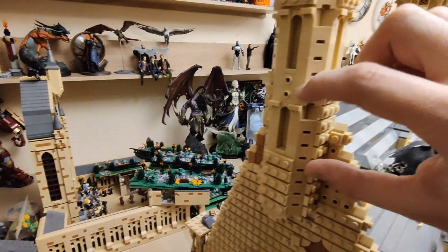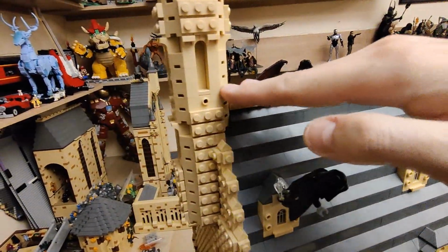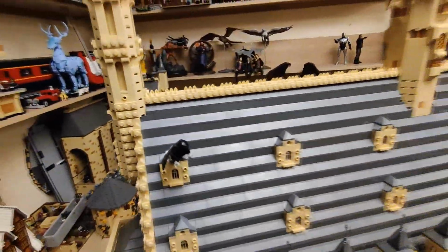I like that this now is over here. The top part is below the level of the roof as it should be, which is what I was aiming for. So with that done,